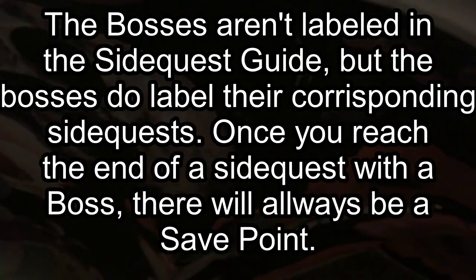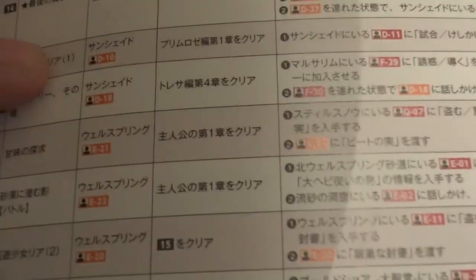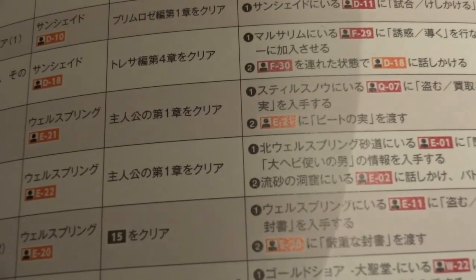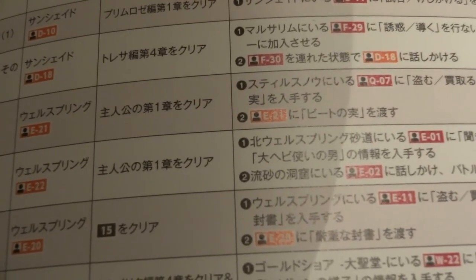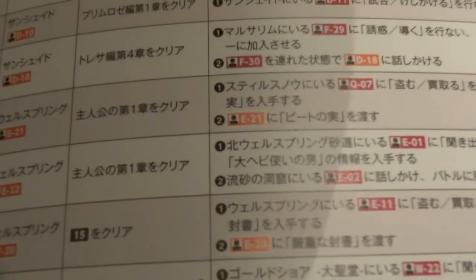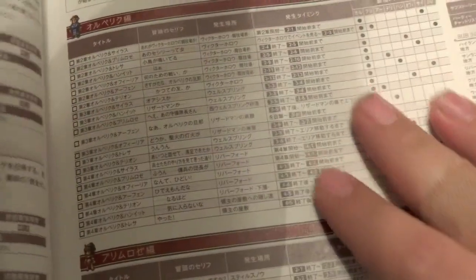Let me check real fast. No, it doesn't list any of the bosses. Actually, it doesn't give you any information in regards to what page you need to be on. That's a little irritating. But regardless, there's still a list over here. And for those super completionists, there's also a checklist here of all of the